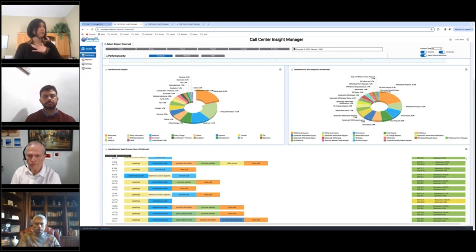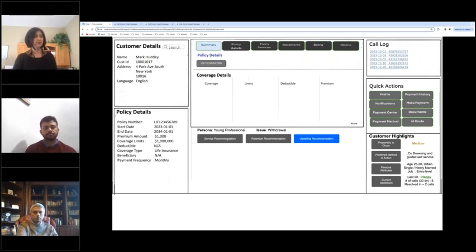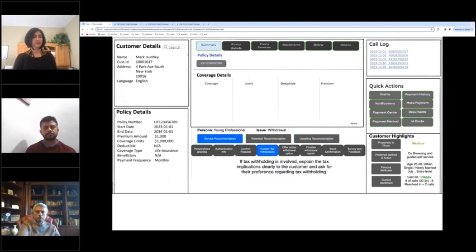Now, I'm just going to go back to the agent dashboard. We covered the persona, and we covered the issues or the sub-issues within that. Now, a combination of these two, the persona and the issue, is what determines the service or the resolution recommendation, which comes under the service recommendation here. Now, what is the service recommendation? It is a series of steps that the system recommends the agent to take to resolve the issue for that persona and for that issue, right?